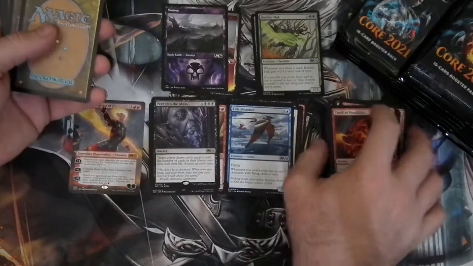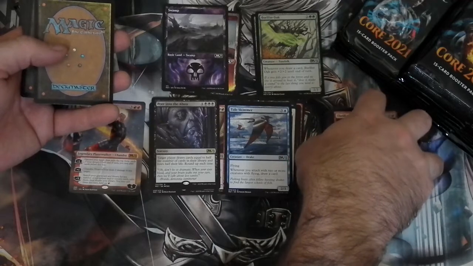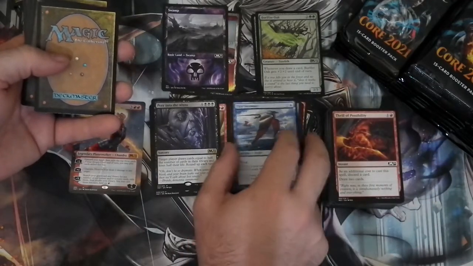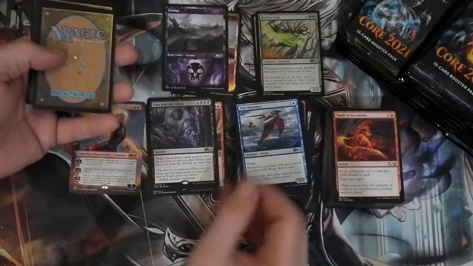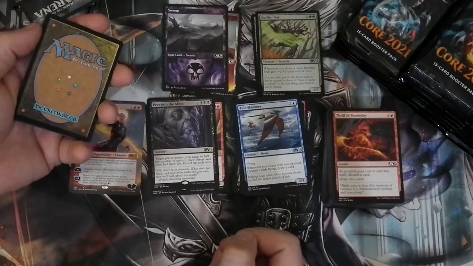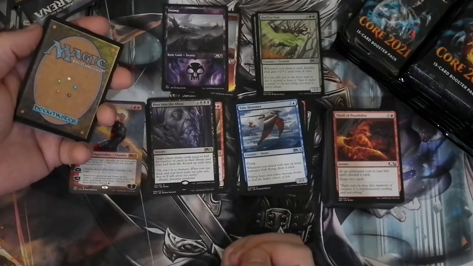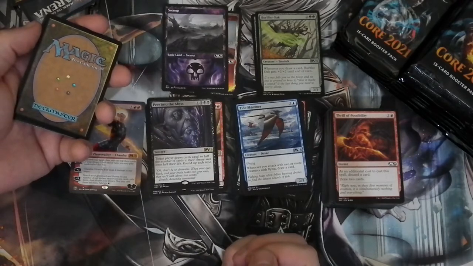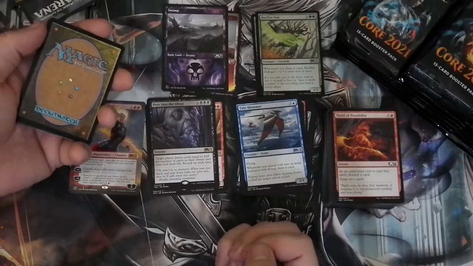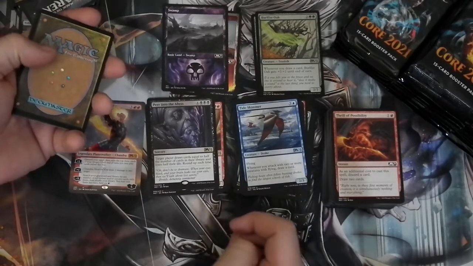And for those who don't know, Peer into the Abyss is: target player draws cards equal to half the number of cards in their library and loses half their life, rounded up each time. So if you've got, for instance, Laboratory Maniac or Jace, Wielder of Mysteries, I should say, and the Teferi legendary enchantment that lets you draw 2 cards every time you draw 1, you just draw out and